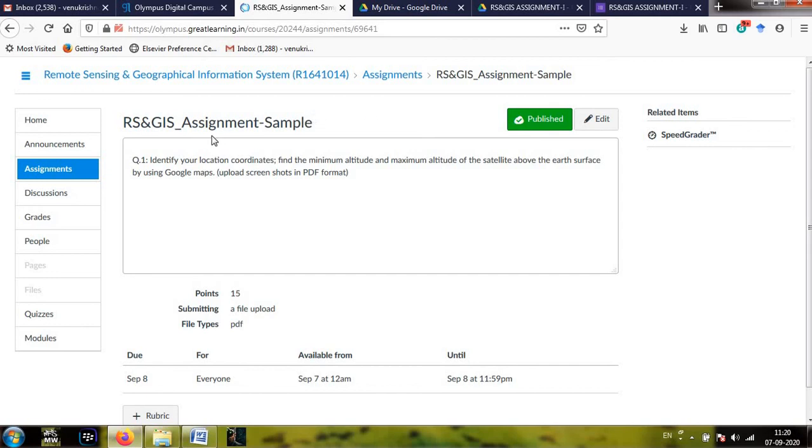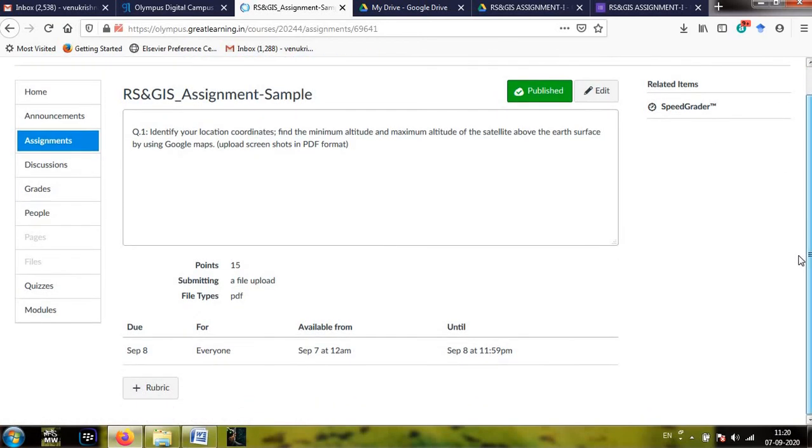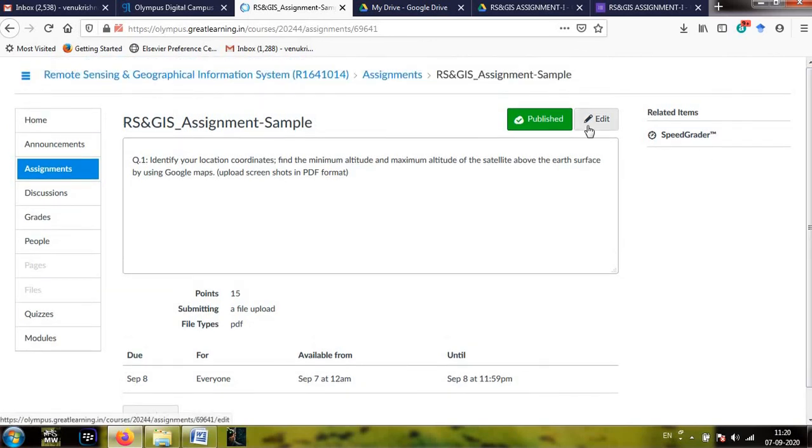If you want to edit at any time, you can edit before the last date, by clicking on this. If you want to unpublish, you can unpublish. So this is how an assignment can be made in this Olympus software. Okay, thank you.